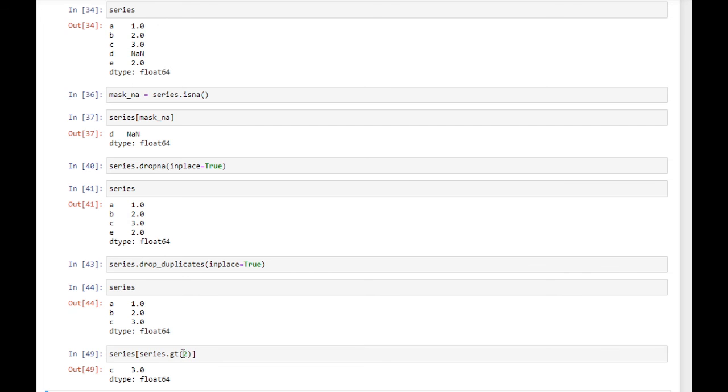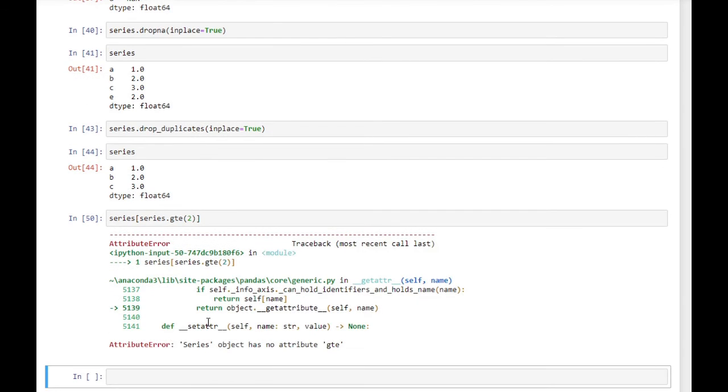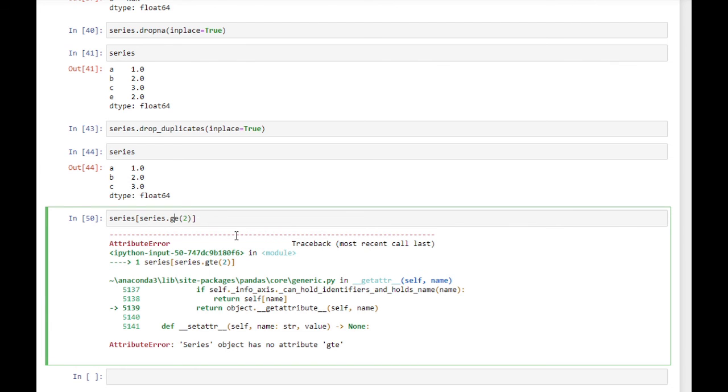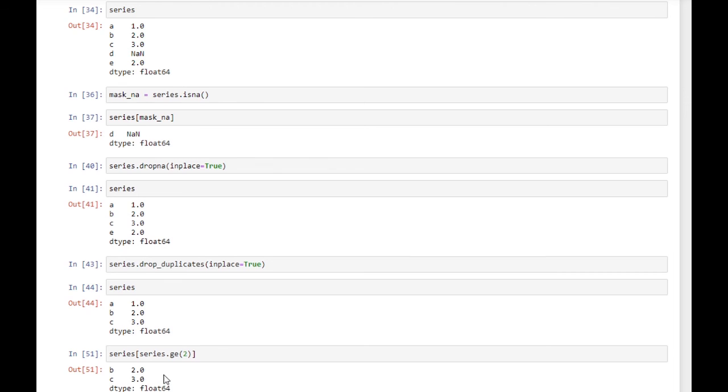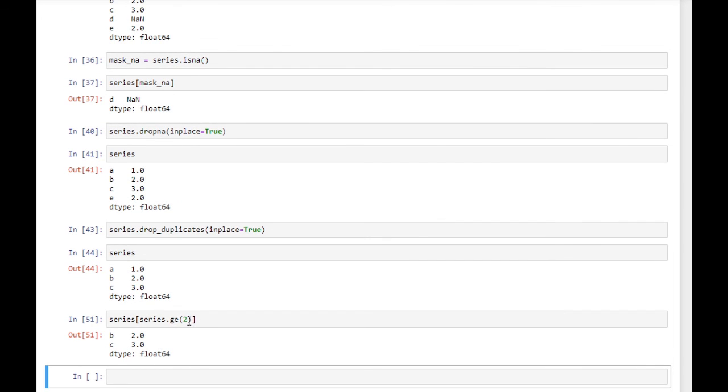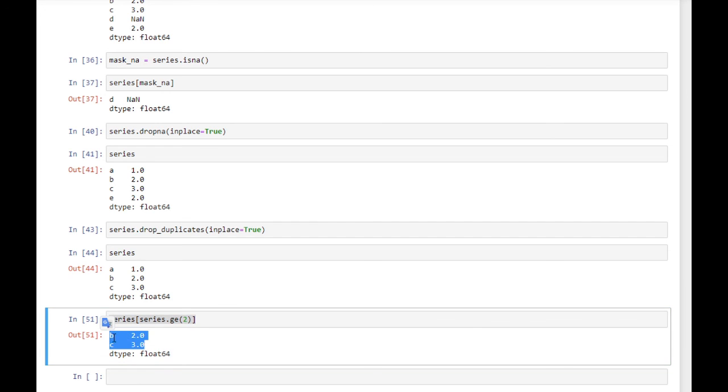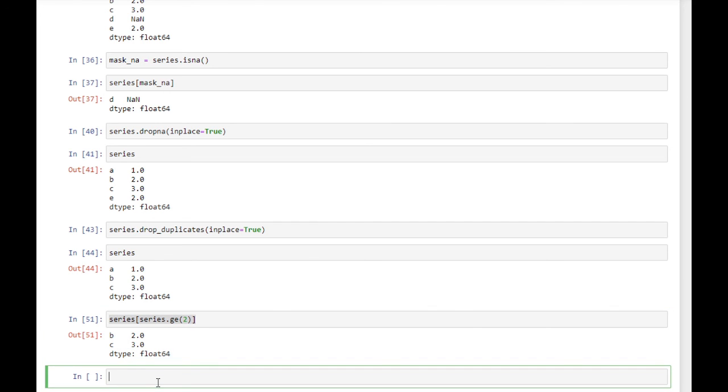Similarly we have other methods, like greater than. So we got 3 and 2. And we have greater than or equal to, which I think is ge. So we got these values as return types. There is one more method, if we want to remove one element: the pop method.